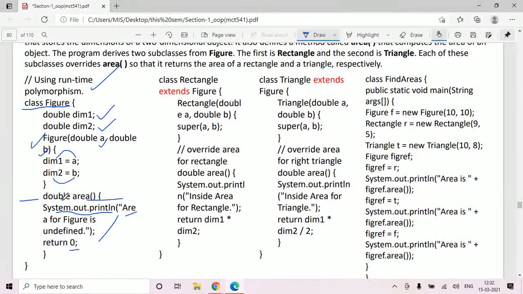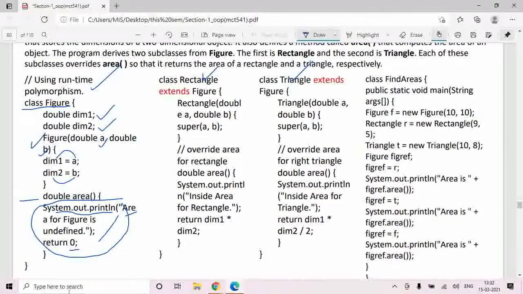Why have we written this function area for the figure is undefined? Because we want a figure, say rectangle, say triangle, say circle, to find out the area. We simply say figure ka area batao, so we cannot calculate the area of a figure without knowing exactly what it is. Say if it is rectangle, we can write the rectangle formula. If it is a triangle, we can write the triangle ka formula, right?